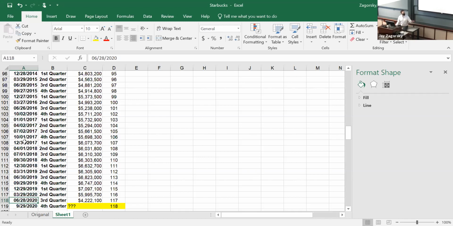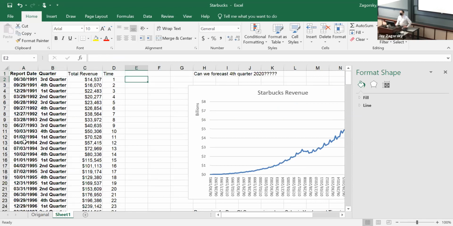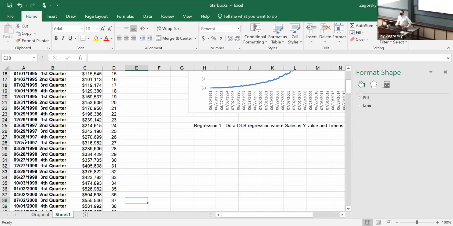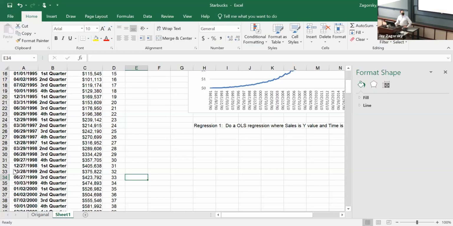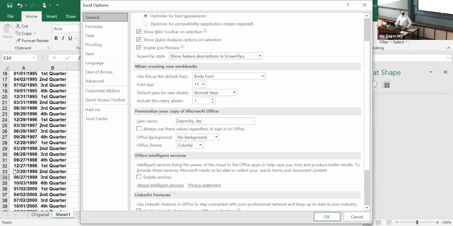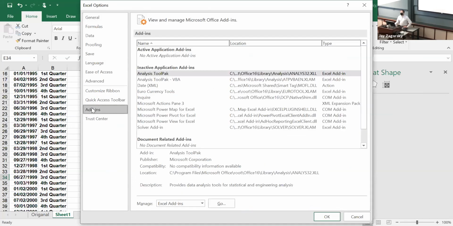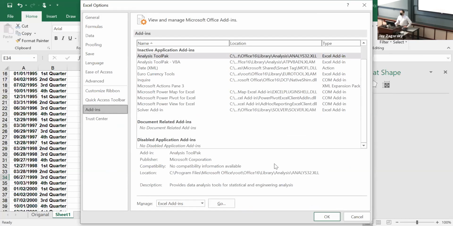Are they being confused? How do you put the data path in if you lost it? If you lost it, go to File, Options. Are you on a PC or Mac? On PC. File, Options, and then under Options is Add-ins, and down the very bottom of Add-ins, Manage.